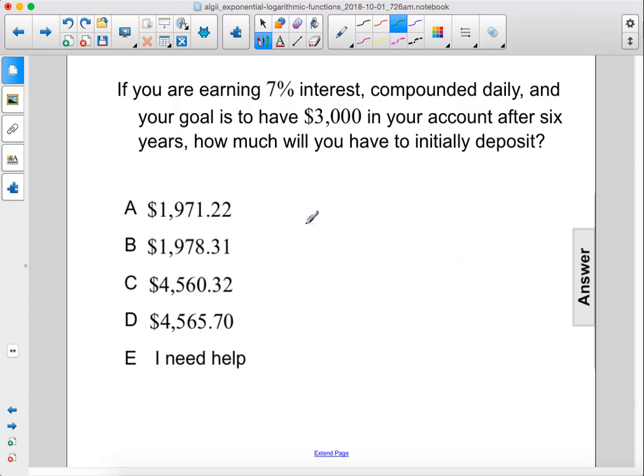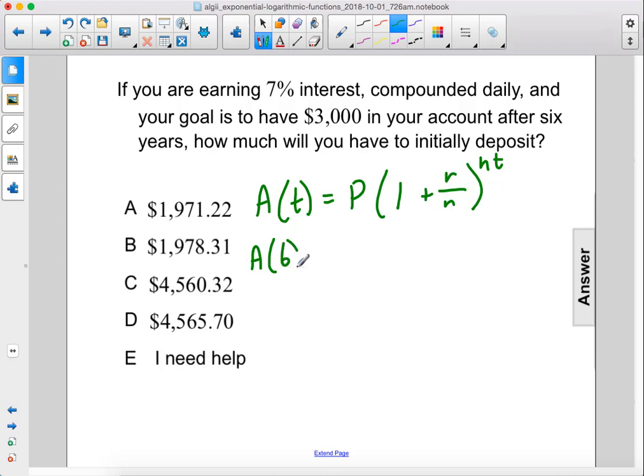If you are earning 7% interest compounded daily and your goal is to have $3,000 in your account after 6 years, how much will you have to initially deposit? All right, so here we have A of t equals P times (1 plus r over n) raised to the nt power. In this case, that will be A of 6 equals P, since we're trying to find the initial deposit, times (1 plus 0.07 divided by, so we're compounding daily, so